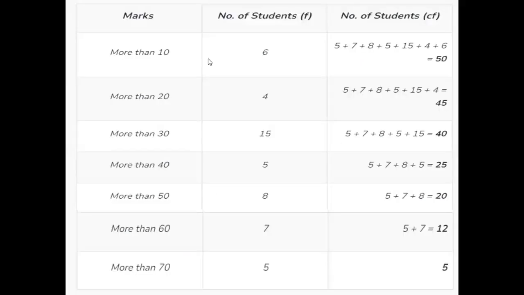So here the lower limit is more than 10, 20, 30, 40, 50, 60, 70. The cumulative frequencies are: from the top you have to subtract here. So what is the total frequency of all the class intervals? It is coming to 50. Then 50 minus